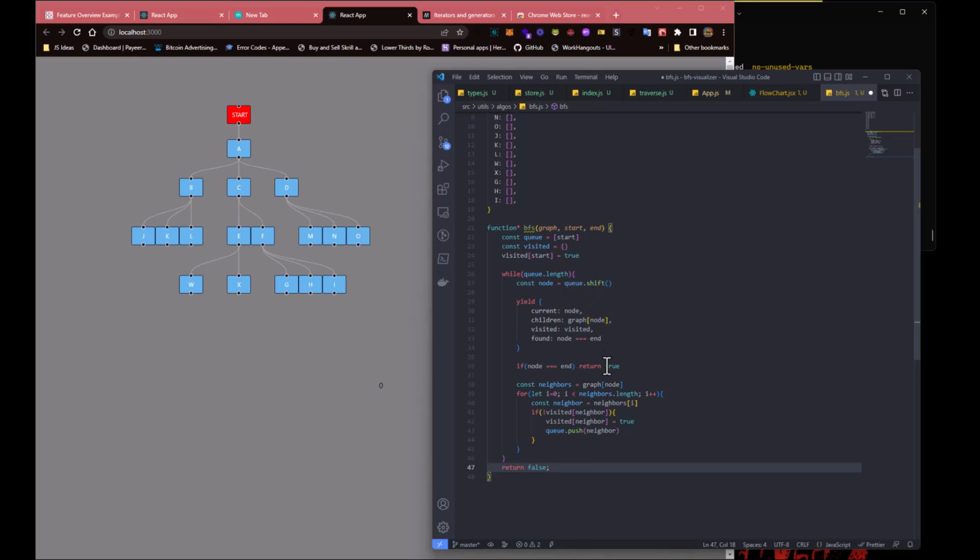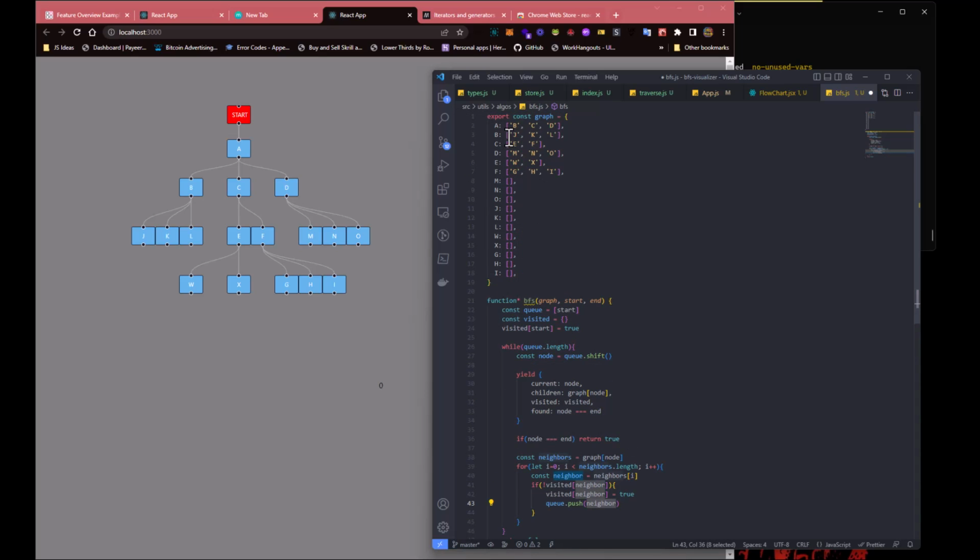Yeah, so the idea here is that we are checking here, node end, but at first when we run it, we get these values and we update the state with it, and then we ask it to continue, and then it runs all of this. So the point of running all this is that we add the children of the node to the queue, and then we're going to check that queue every time and see if it matches here. So if it matches here, we'll have found, returned as true. But if it doesn't match, then we can call this function again and it will continue and run all of this. So if you start with A, then it's going